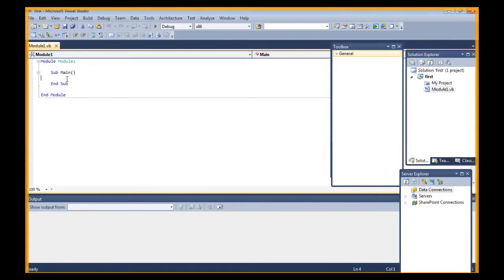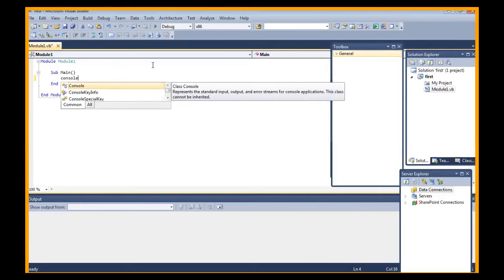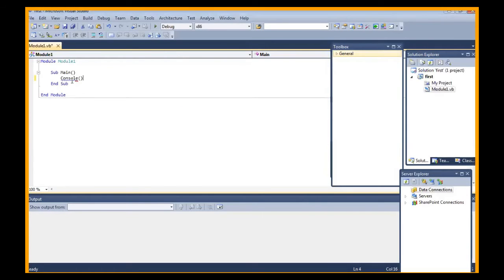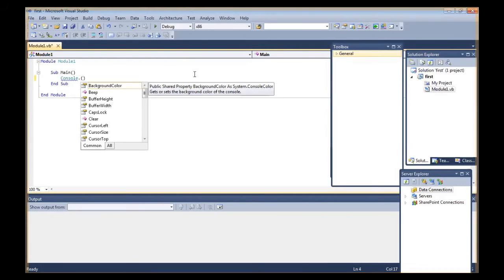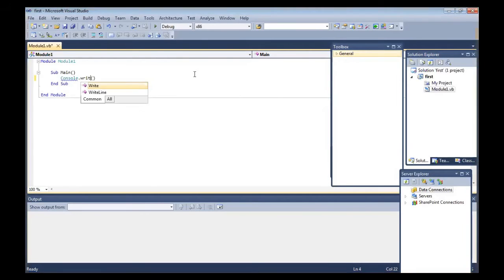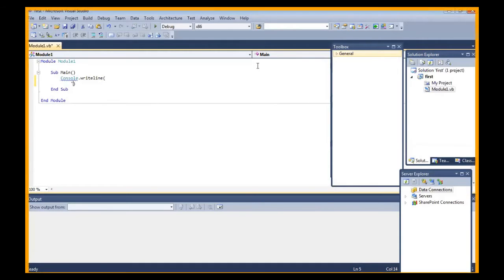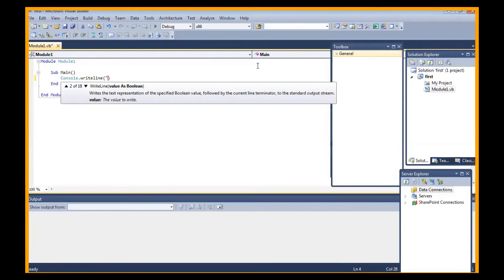Welcome to VB.NET. So here there is a command, console. This is the IntelliSense, where you don't need to remember the command. .NET will automatically understand what you want to do. So console dot. What do you want to use? Write line. This is the syntax of write line. Simply now I want to display a text message. Always insert a text into double quotes.